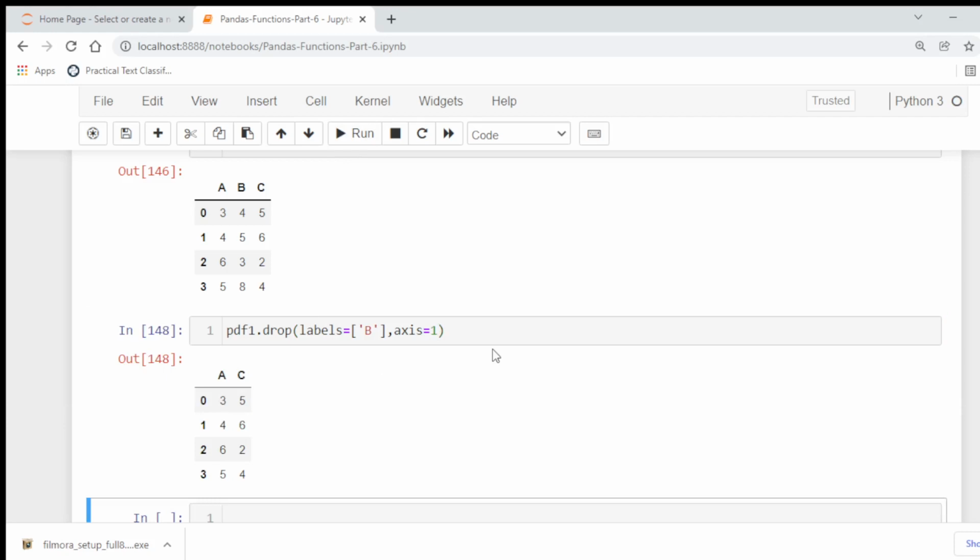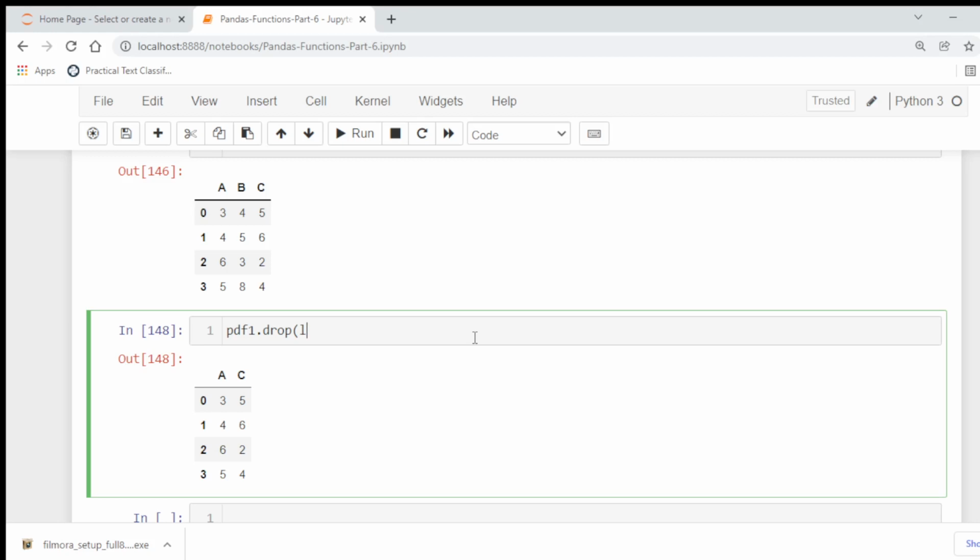There are two other parameters, index and columns, that are alternatives to specifying axis. For example, in the above data, if we are going to drop the second row, we can use index instead of labels and axis. There is no need to use labels and axis.